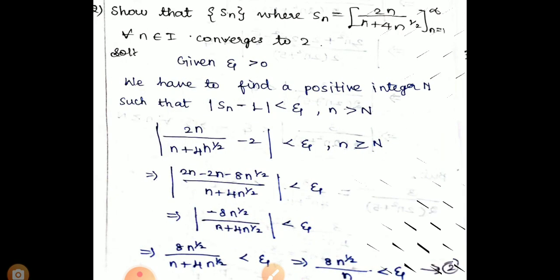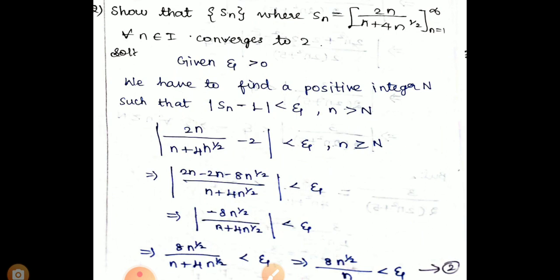Next we can see the next problem. Show that the sequence Sn, where Sn equals 2n divided by n plus 4n^(1/2), n lies between 1 to infinity, for all n belongs to I, converges to 2. Here they have given that the limit is 2, converges to 2. So as per the definition, given epsilon greater than 0, we have to find a positive integer capital N such